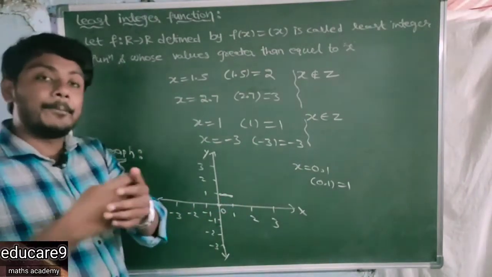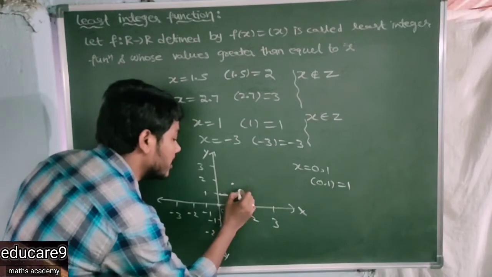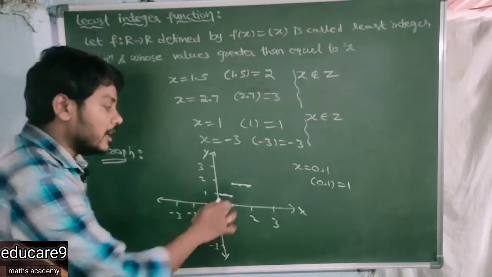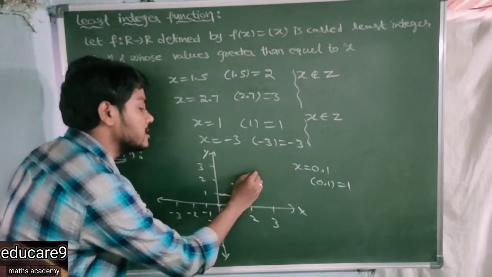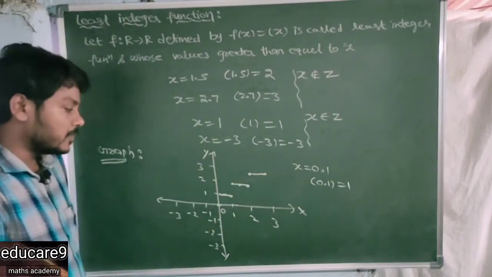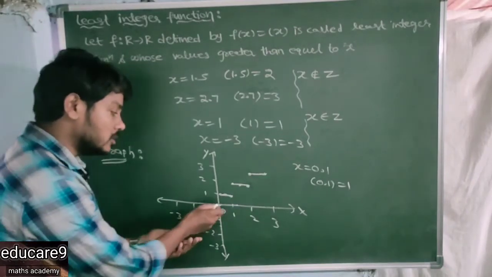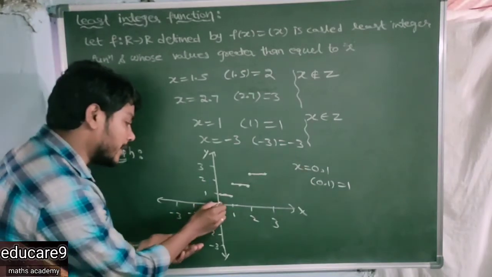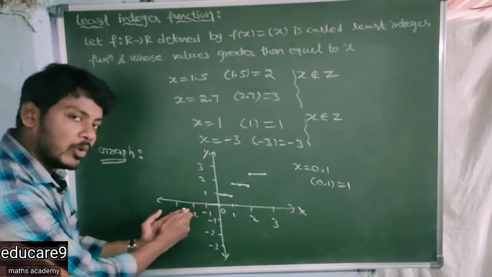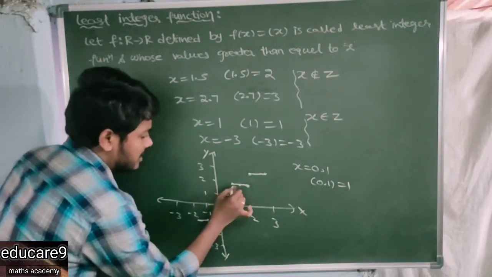Now x is equal to 1.1. Now it is greater. That means it is 2. At 1.5 also 2. At 1.9 also 2. At 2 also 2. If x is equal to 2.1, then it is 3. And similarly, like this up to x is equal to 3. For example, at x is equal to minus 0.1, what is the value? 0 only. Minus 0.99, 0. But at x is equal to minus 1.1, the value is minus 1. So up to minus 2. So clearly these are the steps.